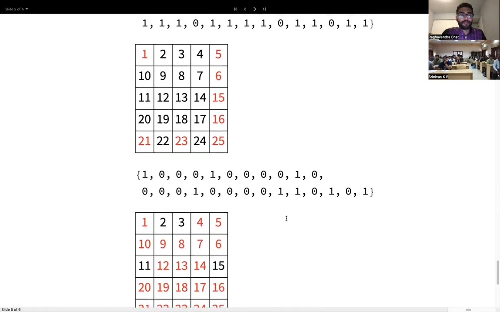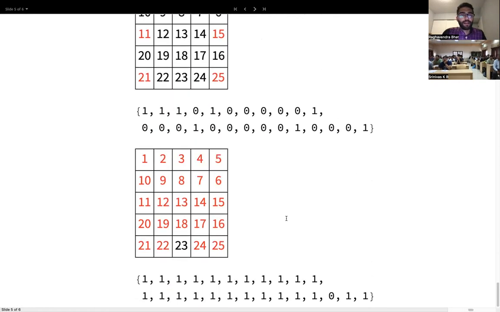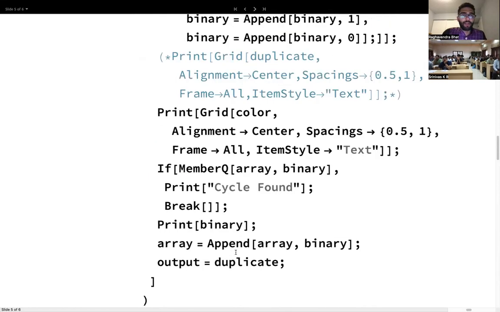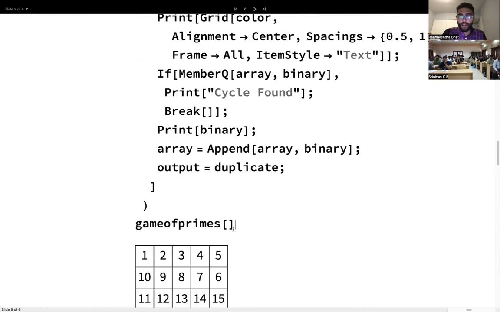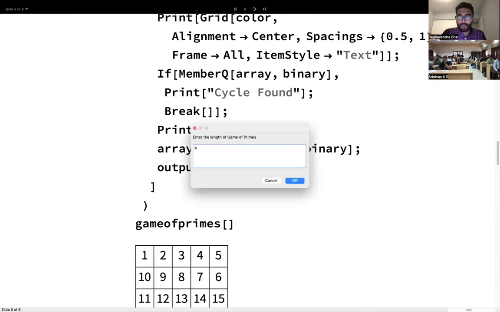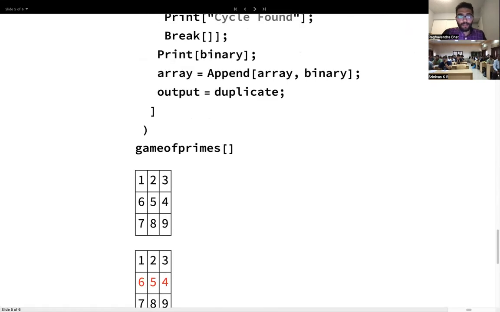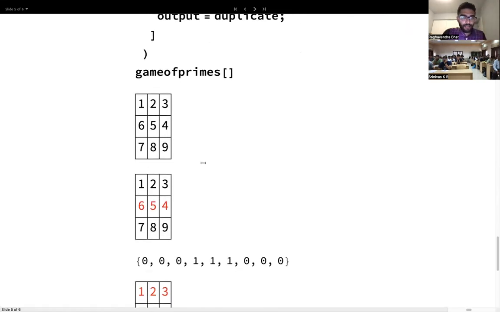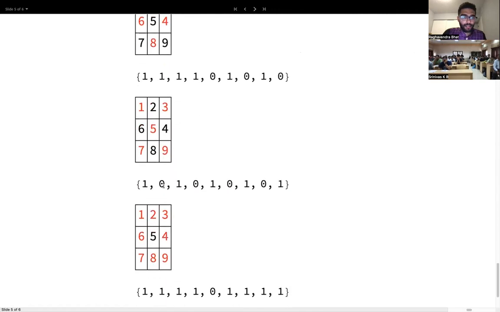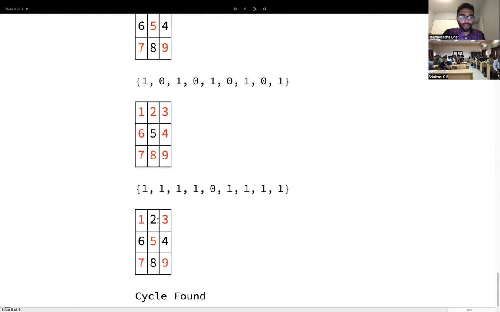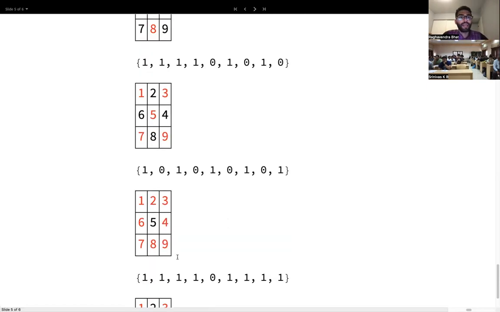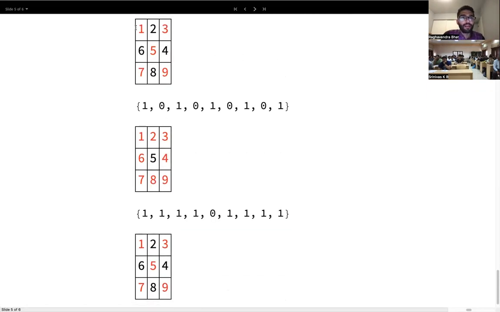So in this case, we reach a cycle after a few number of turns. If you want to see a cycle, what I will do is I will run a shorter version of the game of primes, which is just 3 by 3. And you will see that it reaches a cycle. So I start like this, then I get this, this, this, this, this, and we are in a cycle. Because the next state that would happen has already happened before. You see this state that has happened here